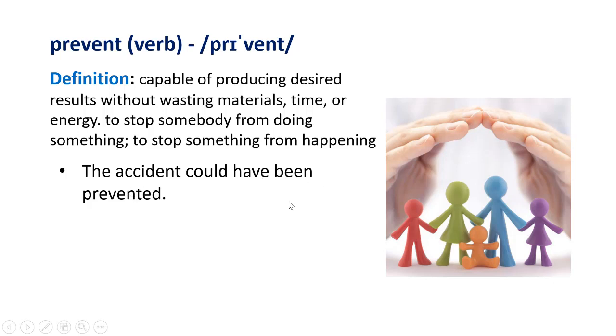The accident could have been prevented. Actually, this sentence has a hypothesis clause, right? In front of nouns we should use an adjective. Hypothesis is a noun, so for the right phrase I should say hypothetical clause. I cannot say hypothesis clause, but here I just want to say something about using English, because we are learning English.